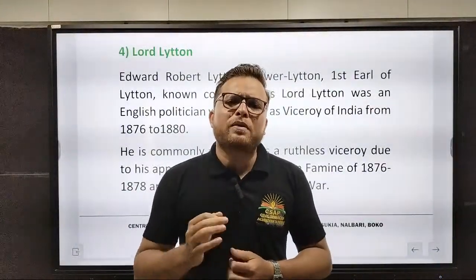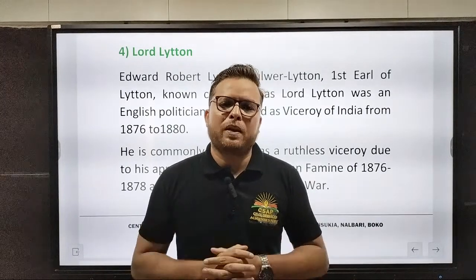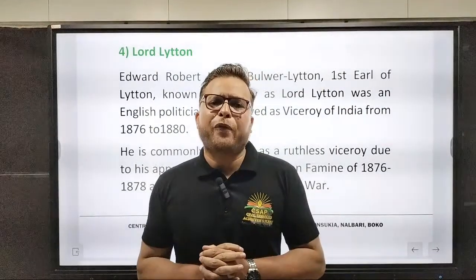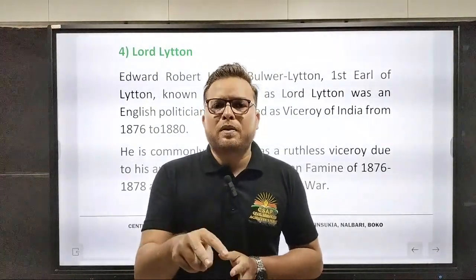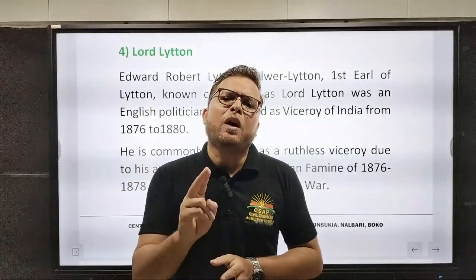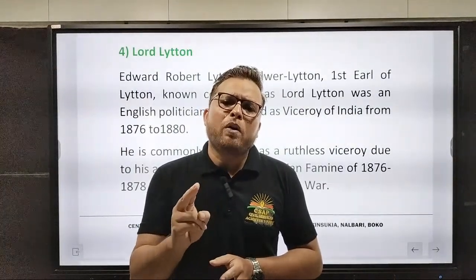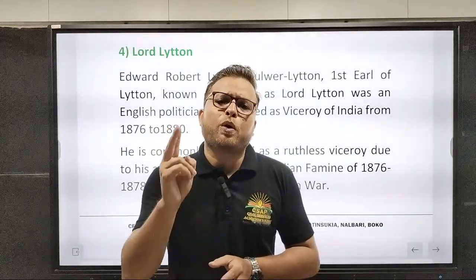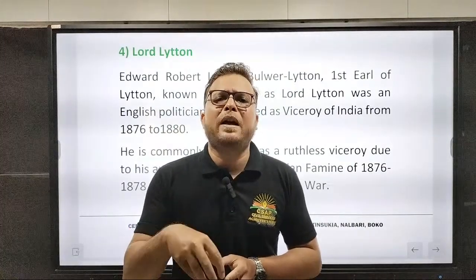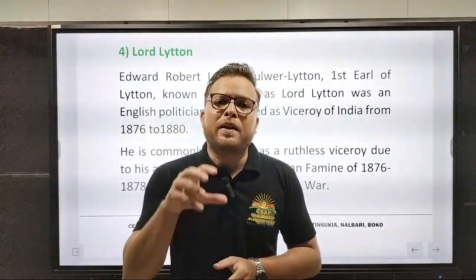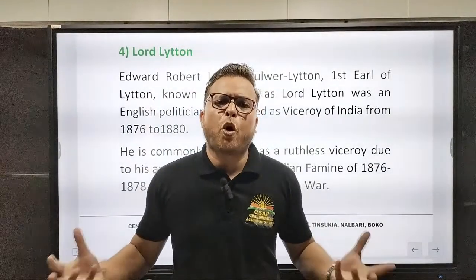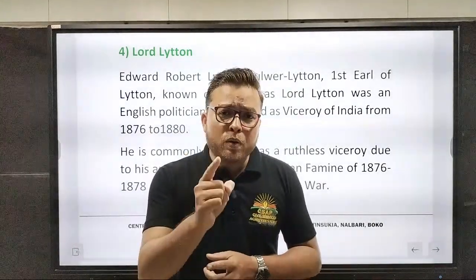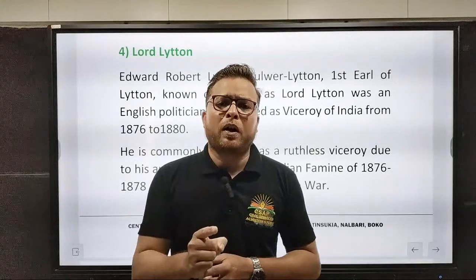Now, what is the importance of this famine? See, so many people were dying in India at that point in time. This peninsular famine was a massive famine. Just a couple of years before this, two other famines had already taken place in India. One was the Odisha famine, the other the Bihar famine. But even in comparison to those two, this was even bigger, even more dangerous, even more menacing. So many people had to die. But what was Lord Lytton doing? Did he do something to control the situation? Absolutely not. He did not do anything.